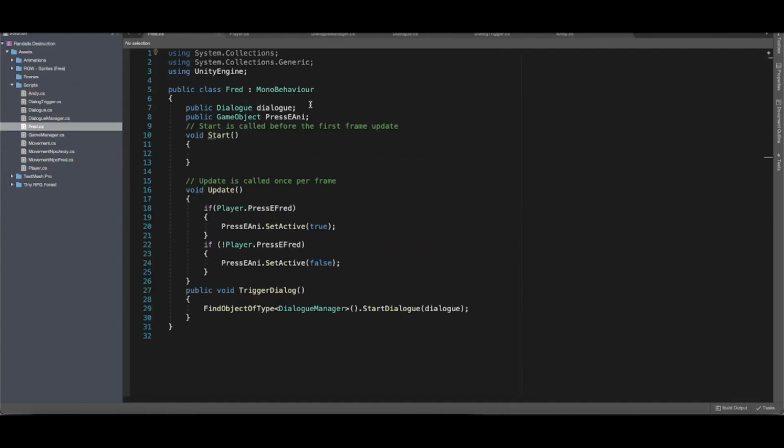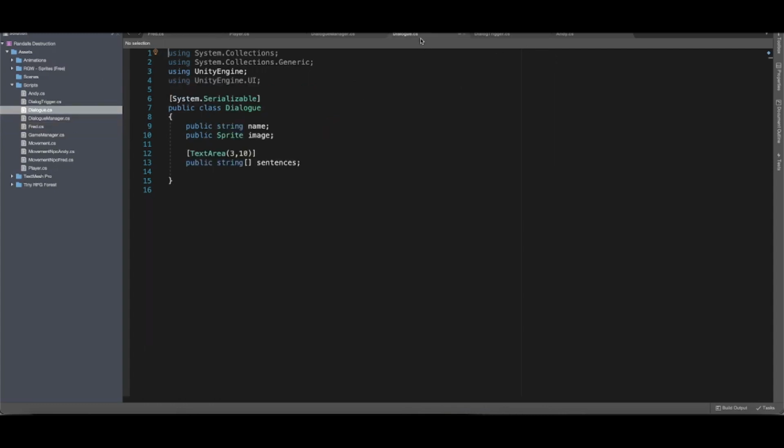First of all, Fred, very simple. Oh my god, I'm going to have to go through this entire thing. Okay, this is going to take ages, so sit back if you are a coding nerd and enjoy. So, first of all, we create a dialogue. Actually, the best place to start would be the dialogue script, which basically is the whole basis of the dialogue